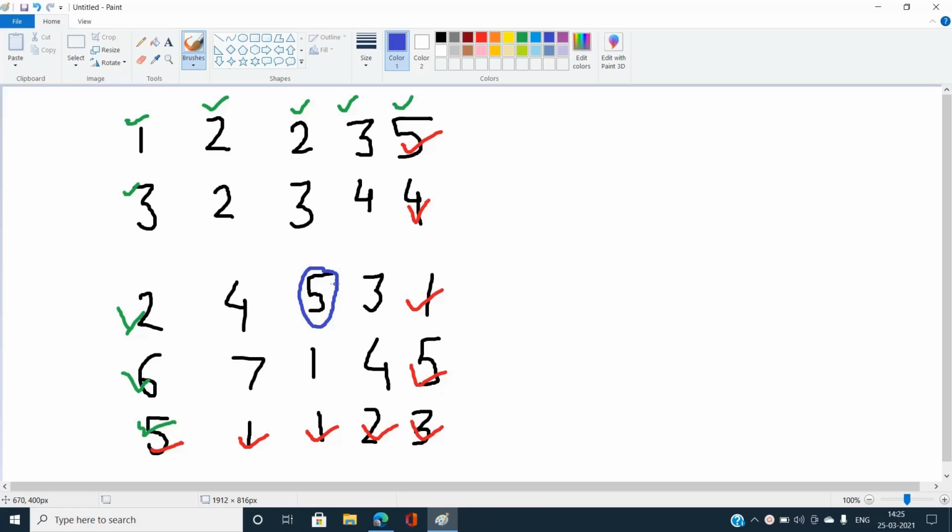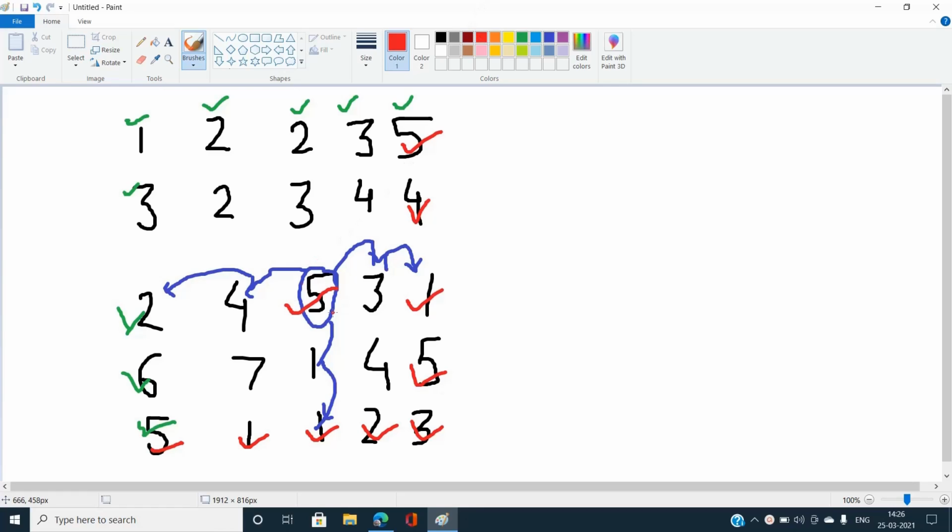Yes, 5 can reach 3 because the difference, 5 minus 3, is greater than or equal to 0, and 3 can also reach 1. Yes, we can see I can reach the Atlantic Ocean, that is the rightmost corner of the matrix, or if I reach the bottommost corner of the matrix, I can also reach the Atlantic Ocean, that is you can see 5, 1 and 1 also. And let's check if I can reach the Pacific Ocean or not. Yes, 5 to 4 and again 4 to 2. Yes, I can reach the Pacific Ocean,